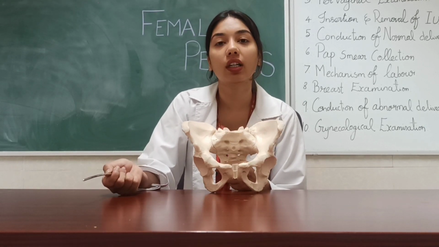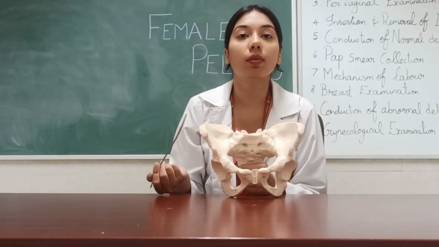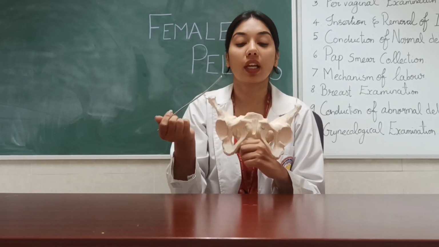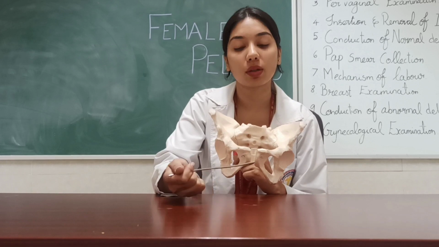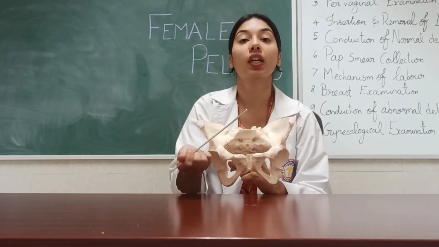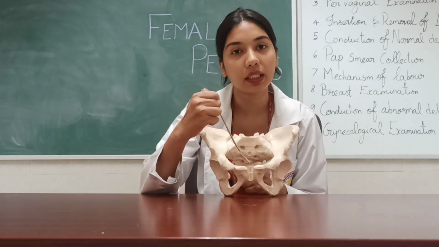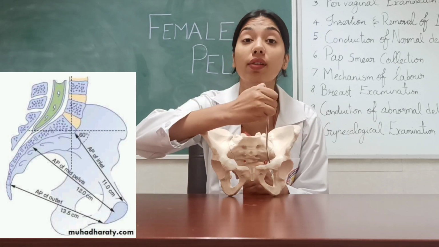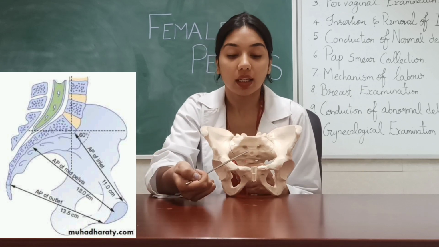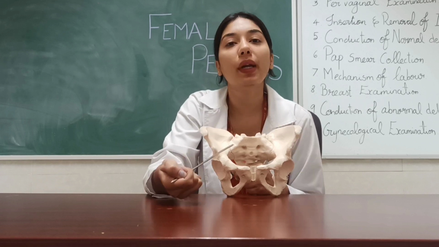Now we are going to learn about the diameters of the pelvic cavity. It is round in shape, and from above it is bounded by the pelvic brim. From below it is bounded by the mid pelvis, anteriorly by the symphysis pubis, and posteriorly by the sacral promontory, as we can see here. The anterior posterior diameter of the cavity is 12 centimeters, and the transverse diameter is also 12 centimeters. The main point we need to know about is the mid pelvis.